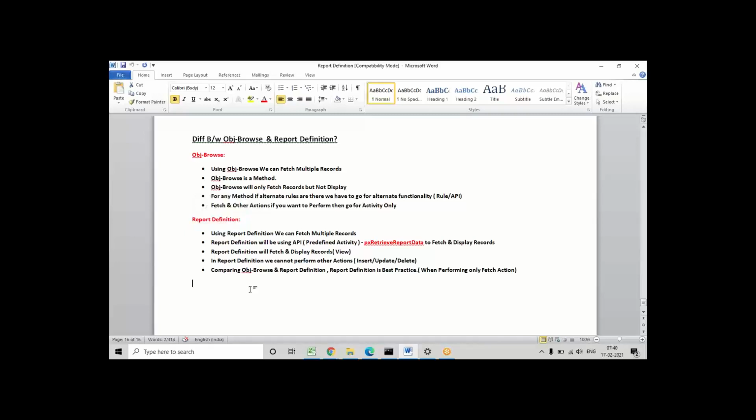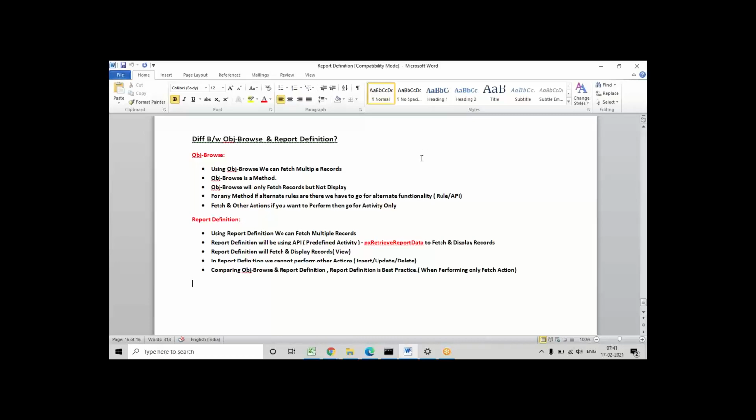So that is about obj browse functionality and report definition. In many other examples we'll be using these two rules, and in the coming scenarios we'll be using obj browse along with other methods, because in 70 to 80% of the business logic, without obj browse there will not be any activity rule. So in many upcoming scenarios, obj browse will work along with other functionalities, in different combinations. What other actions to perform in an activity, you'll understand step by step, but not today; in the coming scenarios you'll understand that.